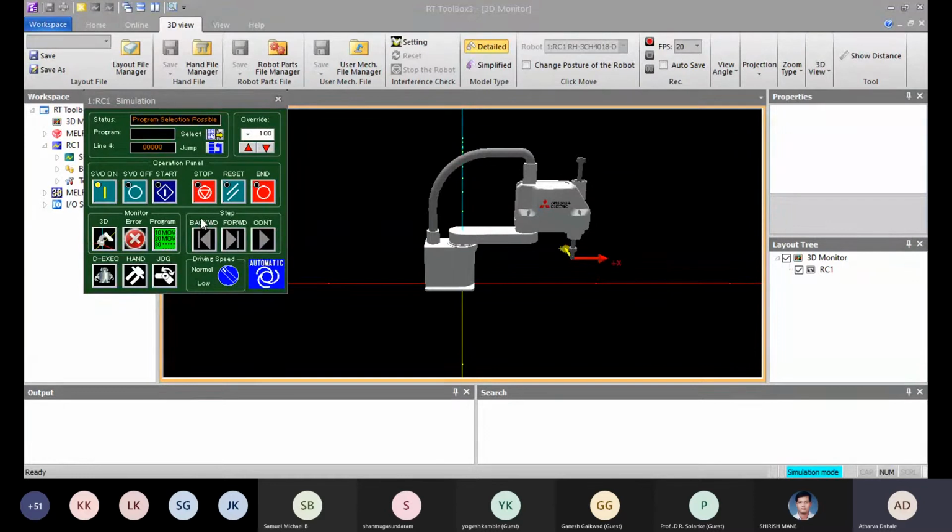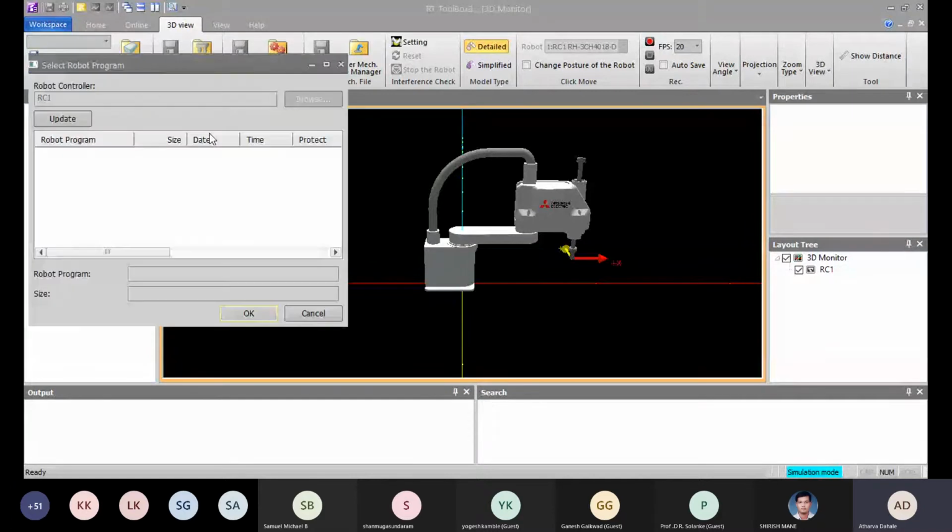The difference between manual and auto is only of speed. The speed is very fast in auto mode, and in manual mode the 100% speed is 30% of auto's full speed. Okay, so this is the teach box.